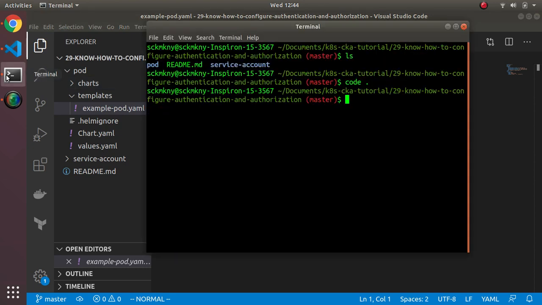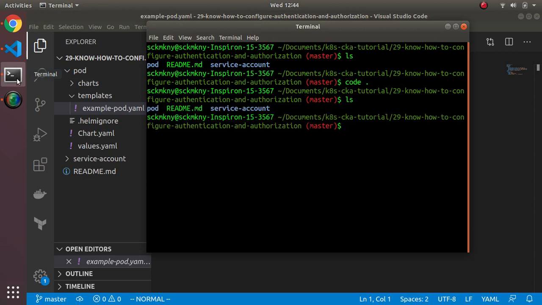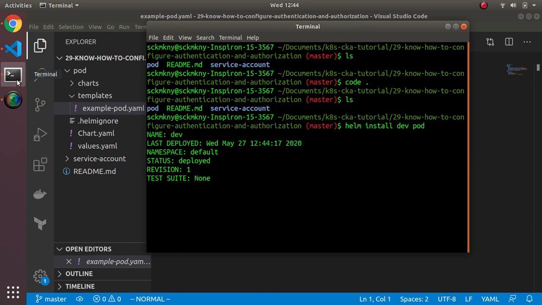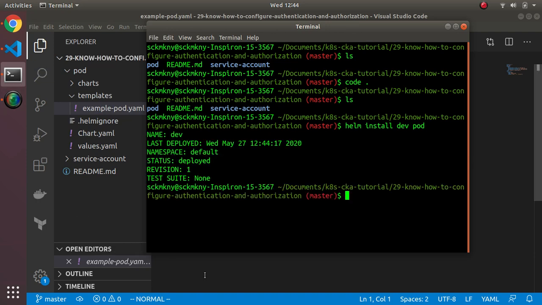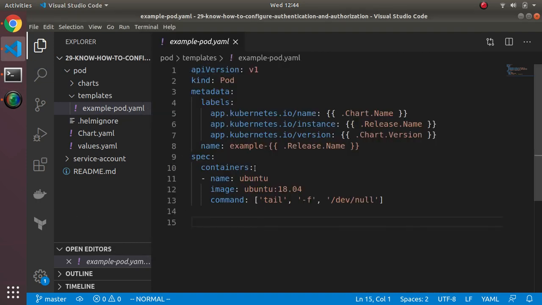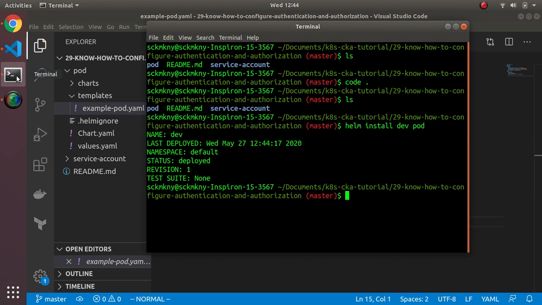I think we were just getting ready to deploy this pod. So if I do helm install dev pod, I want to illustrate a couple of things. One thing in general: you'll notice that when I created this pod, there was no mention of a service account. We've never even heard of the term until just now. But under the hood,